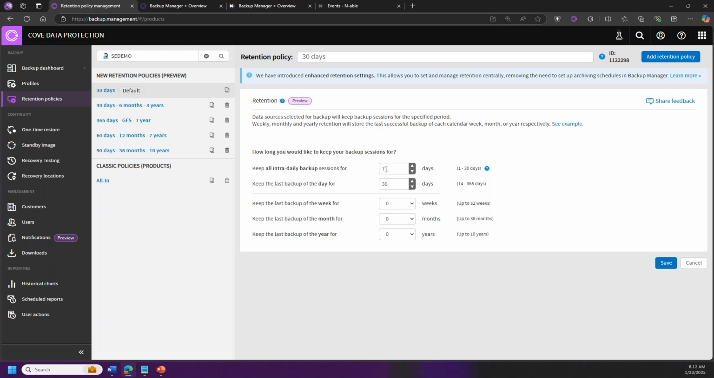And I can keep all those intra-dailies over the course of the next 1 to 30 days. In this case, by default, it's 7. I can keep the last backup of the day for, by default, the next 30 days, although it could be anywhere as few as 14 days up to 365 days, retaining the same 365-day base retention that you had with